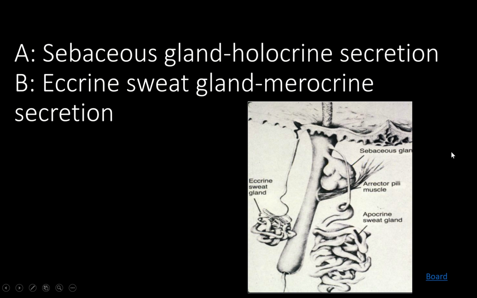And then here is a picture of all the sweat glands that we covered for you guys to go over. So there's our sebaceous glands, holocrine secretion. Eccrine sweat glands are going to be your normal merocrine secretion. And then just remember that there's a third type of sweat gland that's more rare in humans. It's more common in dogs and cats and stuff like that, but that's going to be your apocrine sweat gland,